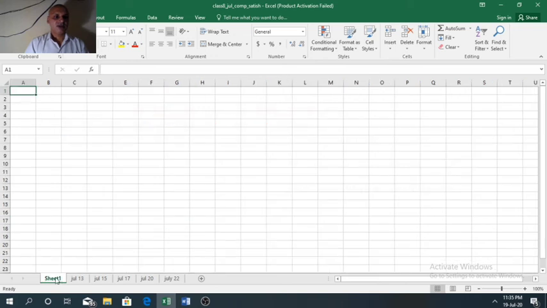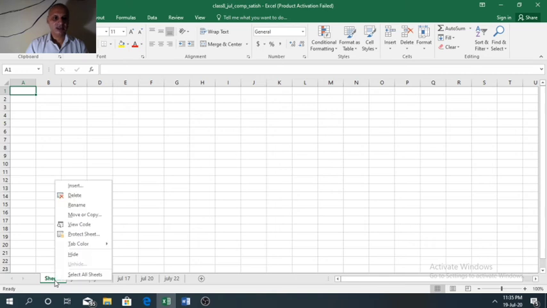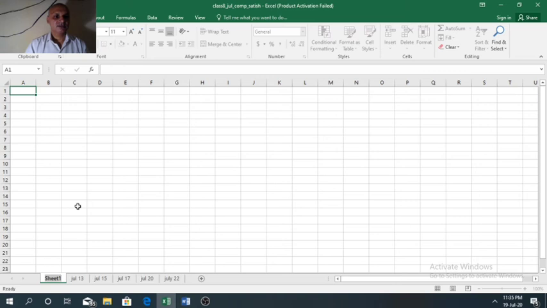Sheet 1 we have here. Suppose we want to rename this sheet 1. Just right click on sheet 1. From the shortcut menu select the rename option. Now you can see sheet 1 is active, the cursor is present in that. Now we can press backspace to delete it and type a new name.